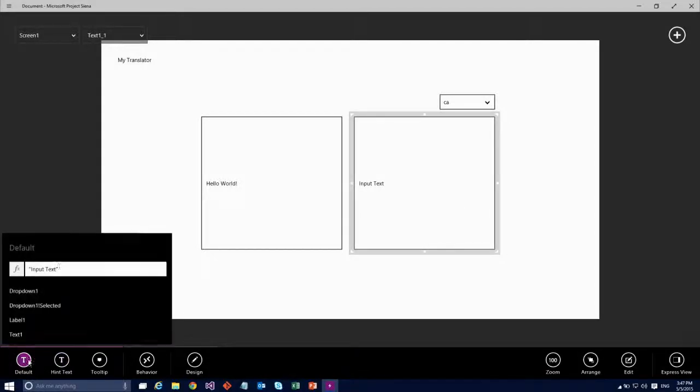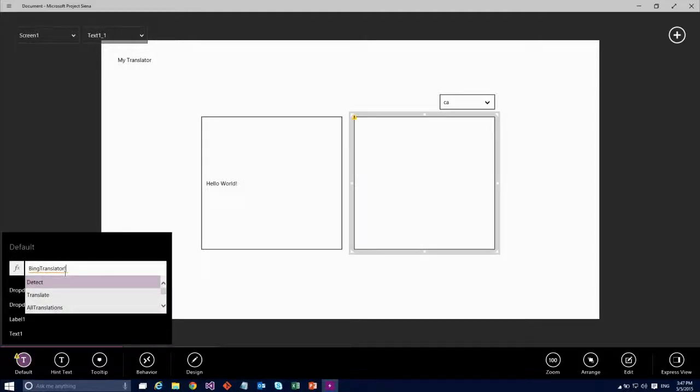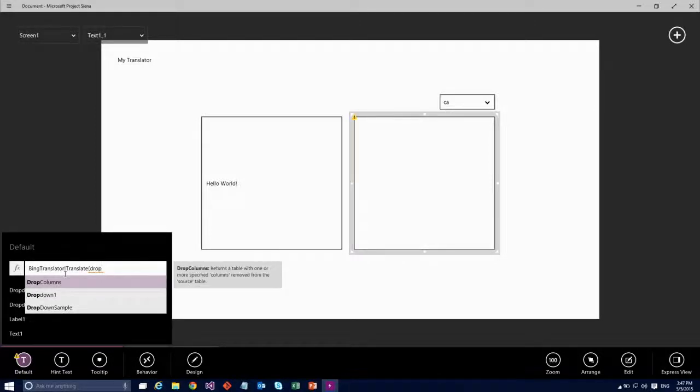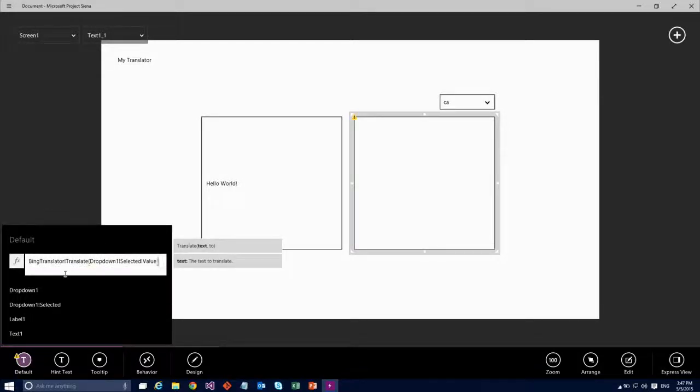So now what I need to do is actually have this translate the text. I'm going to come in here to my function, my default, and my data. And instead of having it be input text, again I'm going to call out to Bing Translator. But this time I want to translate the text into the language I've selected in my dropdown. And the text I want to translate, oh, I actually got that backwards.